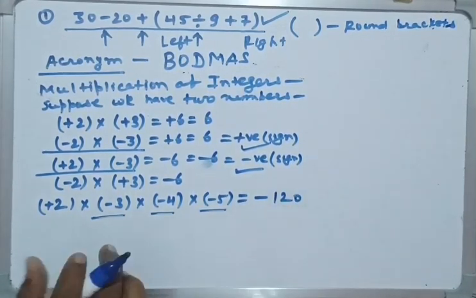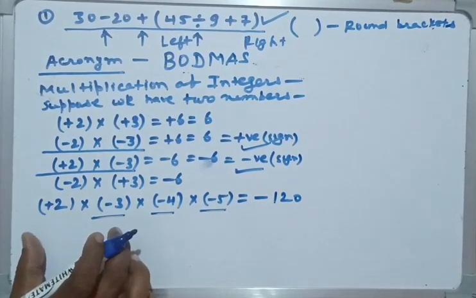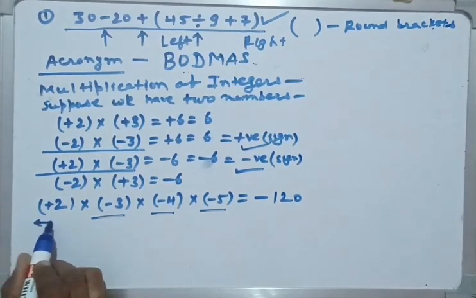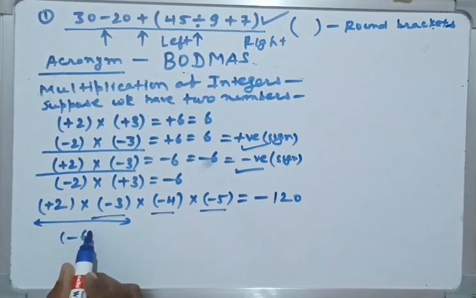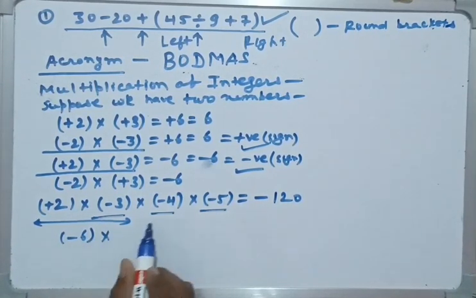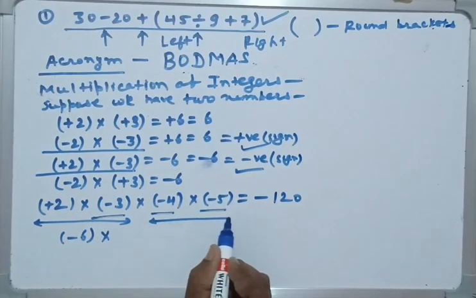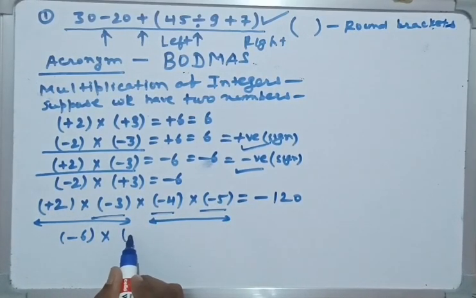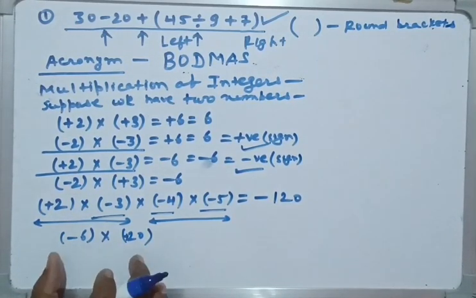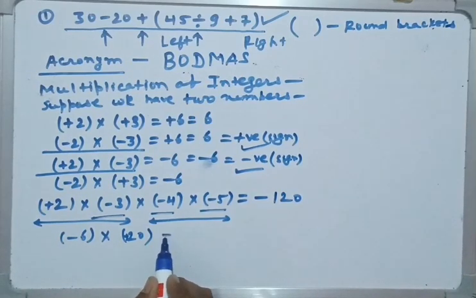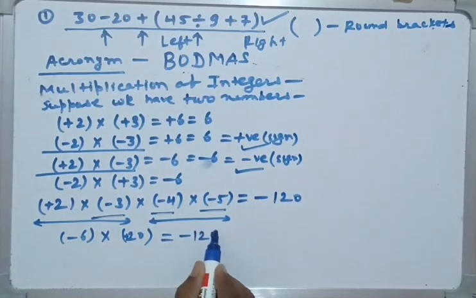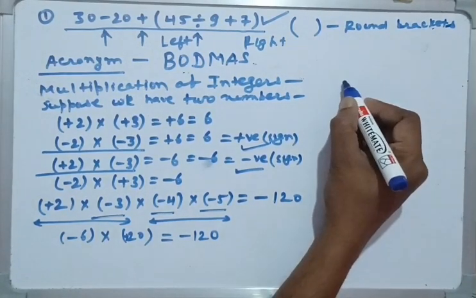Okay guys, or you can also simplify it like this. If you solve these two first, where this one has a negative sign, then when you take the product of these two, it will come with a positive sign, +20. Now see the product of these two numbers: one has a negative sign and one has a positive sign, so the answer is -120. So guys, this is about multiplication of integers. And now see